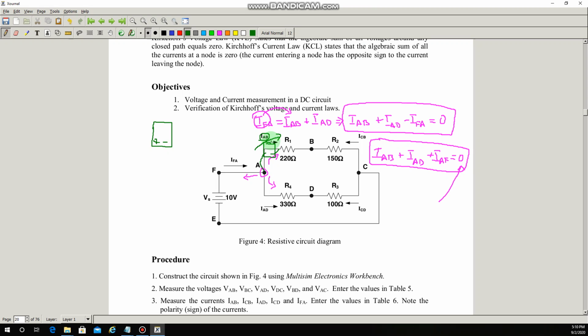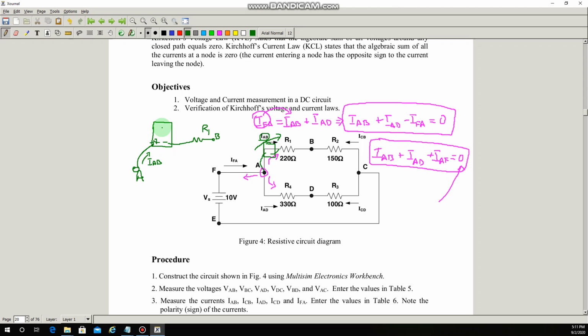So we have to make sure that this current should enter the positive terminal of the ammeter. What does that mean? It means that if I connect node A with the positive terminal, then the current IAB will enter the ammeter from the positive terminal and it will leave from the negative terminal and it will go to the resistor R1 so that it reaches the node B ultimately. So this is the idea, that if I am measuring IAB, then this current IAB must enter the positive terminal